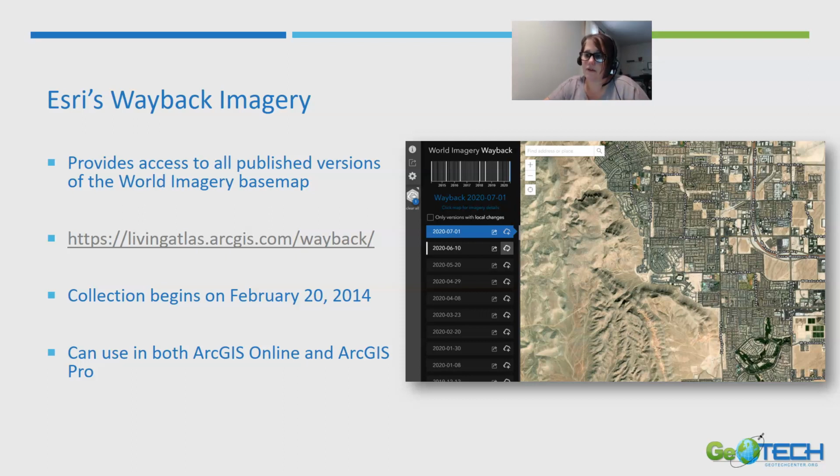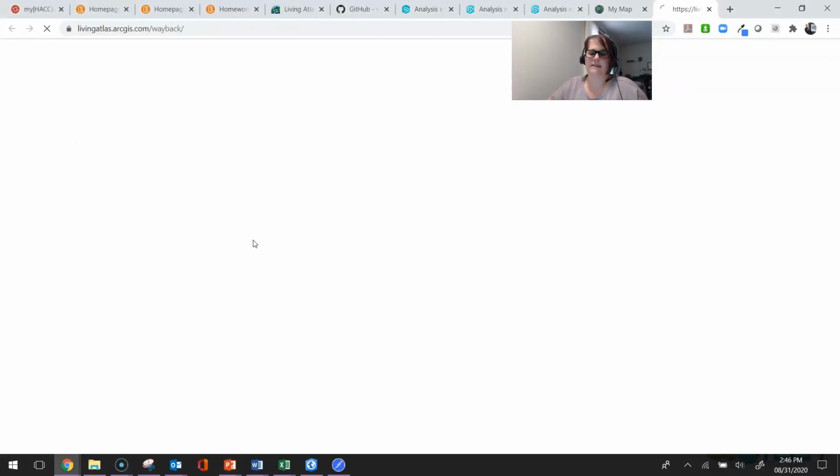Other imagery that's available within the Living Atlas is called the Wayback Imagery, and you can actually pull this Wayback Imagery into ArcGIS Pro as well. But for the sake of the ARC course, which is WebGIS, we probably don't need to do that as much. But to access the Wayback Imagery, you can go to the link that you see here,